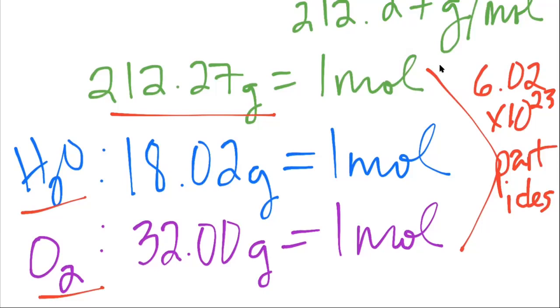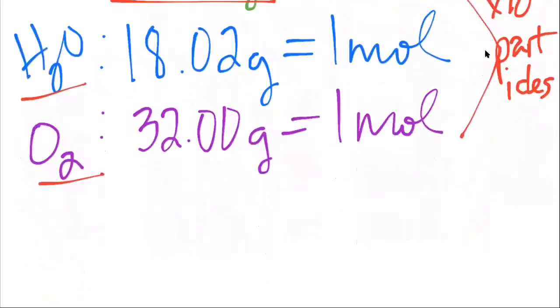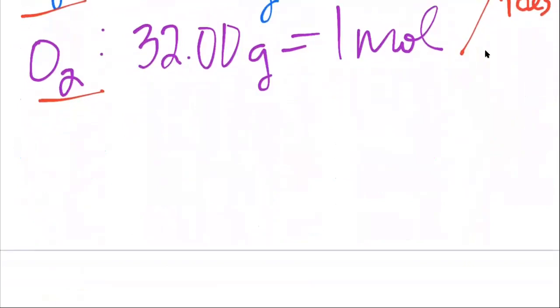So what we're going to start getting into next week is we're going to take these two concepts. We're going to take Avogadro's number being equal to 1 mole, and we're going to take molar mass of substances being equal to 1 mole, and we're going to start to do math with them. We're going to start to do conversions, okay? Like we did with our dimensional analysis, because what we're going to see next week is it's going to be